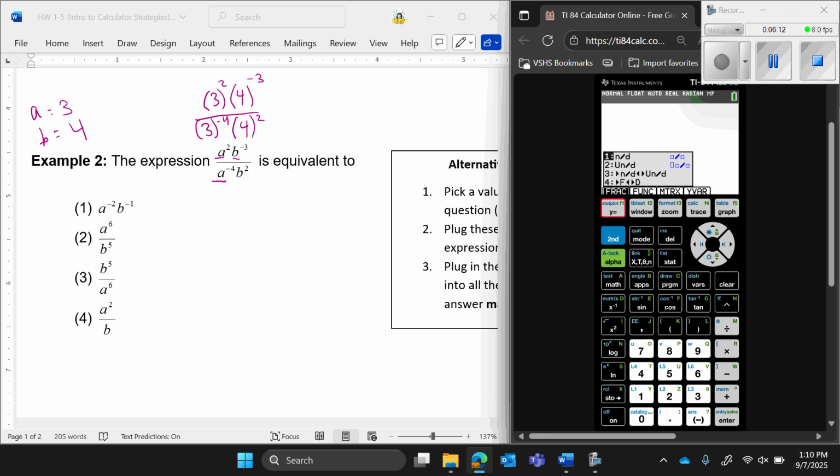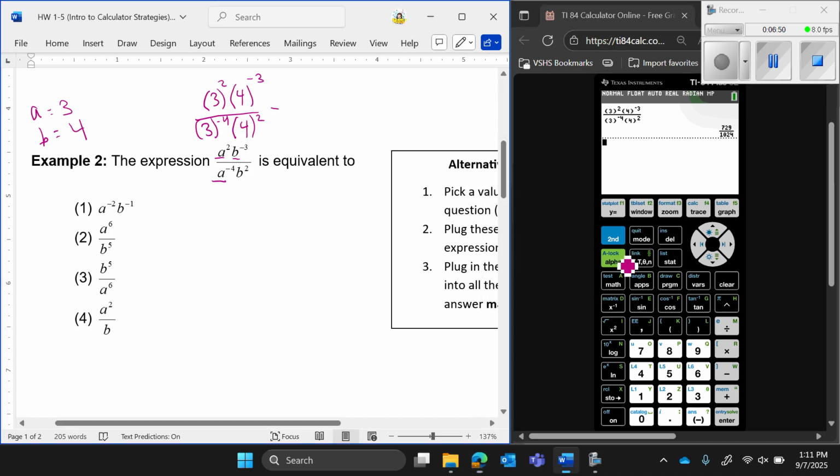So I have alpha y equals. If it starts with a fraction, you should have a fraction. Notice how I use parentheses. They don't matter all the time, but sometimes they do. When they actually do matter, it's when dealing with plugging in negative numbers, but just always do it that way and you're safe. Is that a -4? Yep. And make sure you hit the right arrow button to get out of the exponent, and B is 4. Okay, so I took the original question, I plugged in my numbers that I chose, and I got 729 over